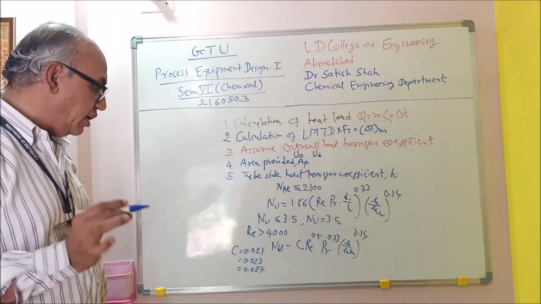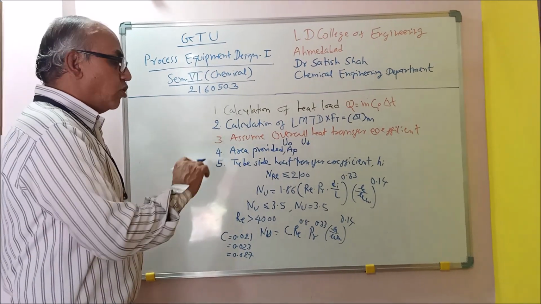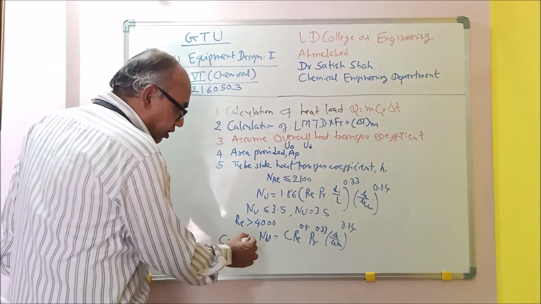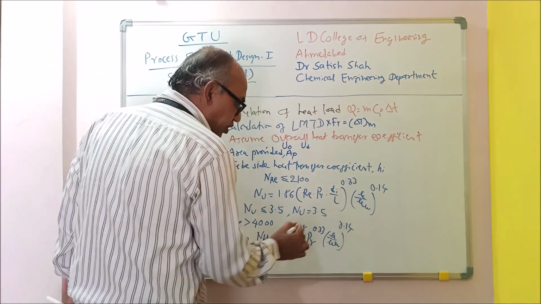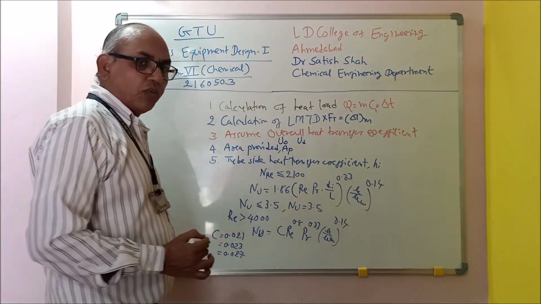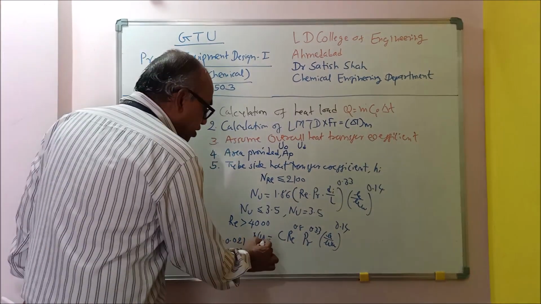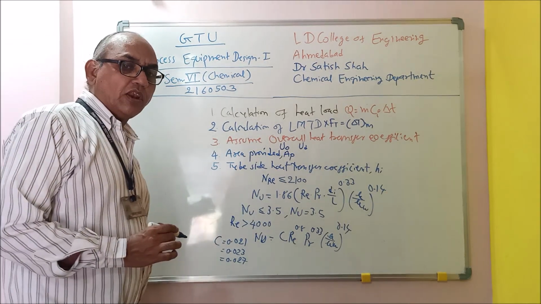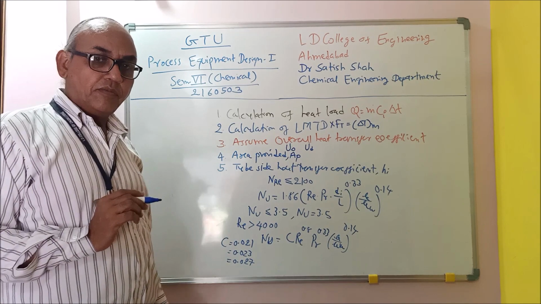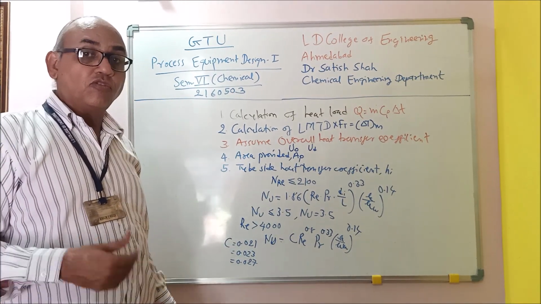So most of the time we need to use 0.023 because most of the time on the tube side we are going to use water, which is a non-viscous fluid. So this is the C value, Reynolds number, Prandtl number, everything you will calculate as I told you. This mu by mu W raised to 0.14 will be most of the time unity. And this Nu is hd by k, so from that you will calculate the heat transfer coefficient on the tube side, that is Hi.